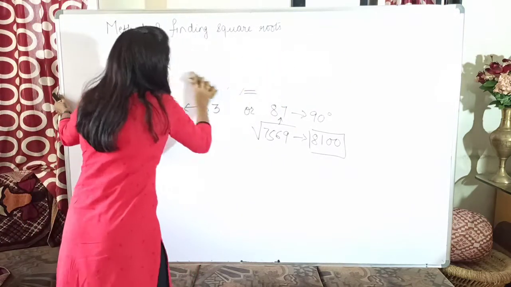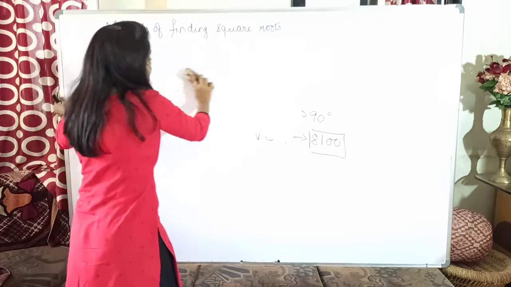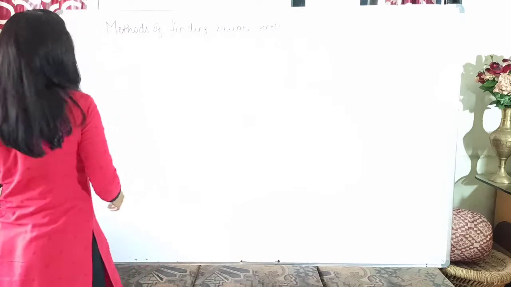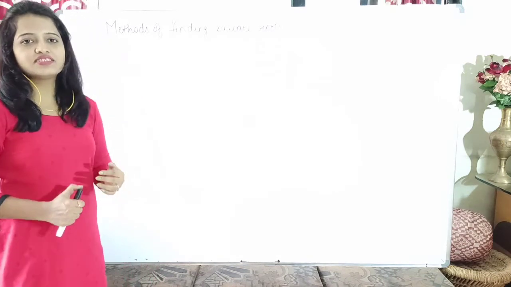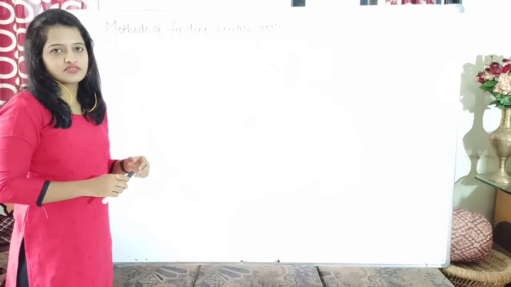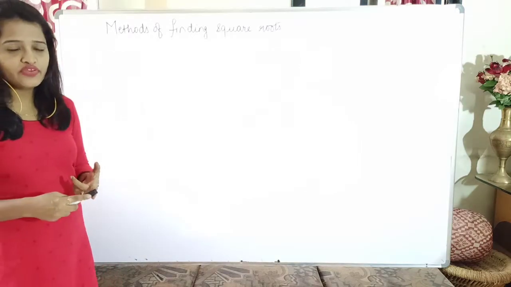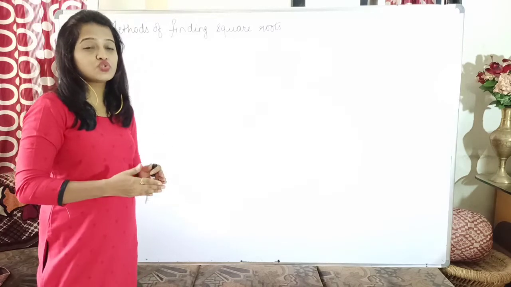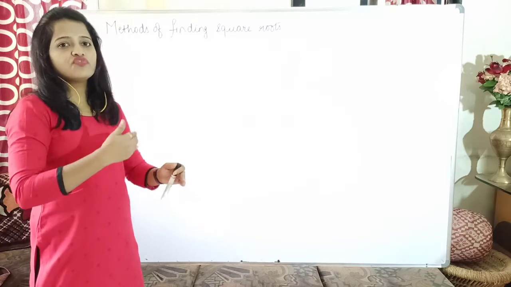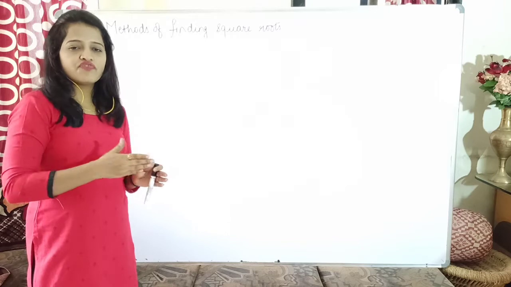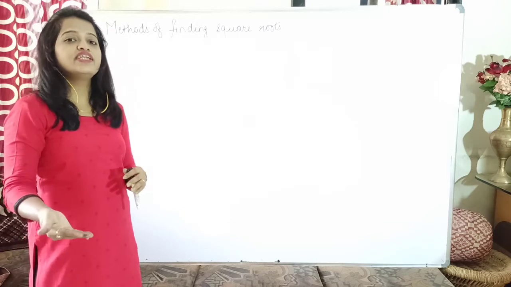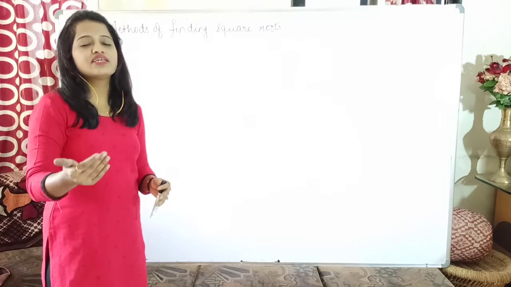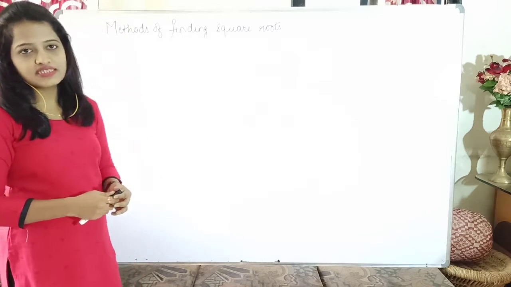The third method is by successive subtraction. As we know the property which says any square number can be represented as the sum of the first odd numbers. For example, the square of 5 can be represented as the sum of the first 5 odd numbers. So if you can write any square as a sum of odd numbers, then to find its square root you will just do the opposite. For finding the square you add the odd numbers; for finding the square root you subtract the odd numbers. If at one point after subtraction you get 0, then it is a square, or else it is not a square.